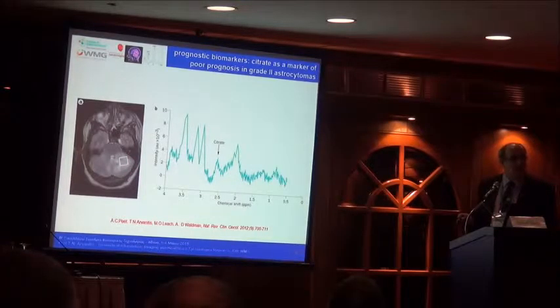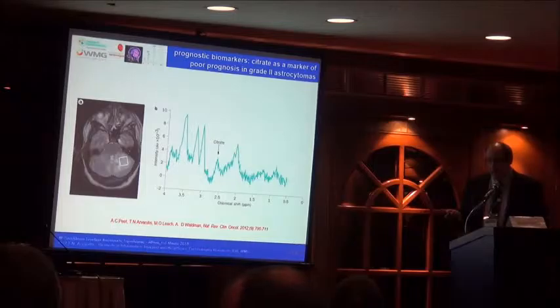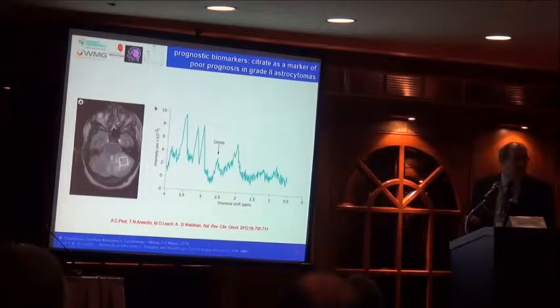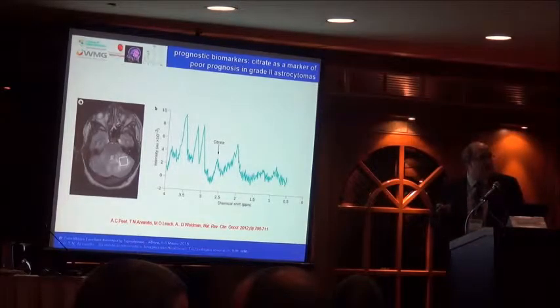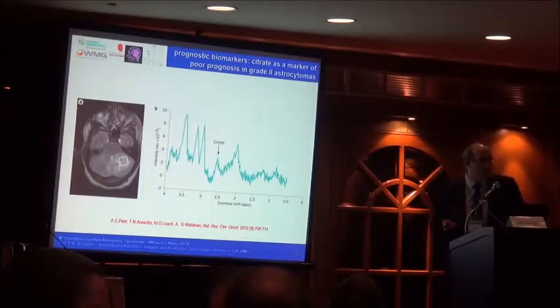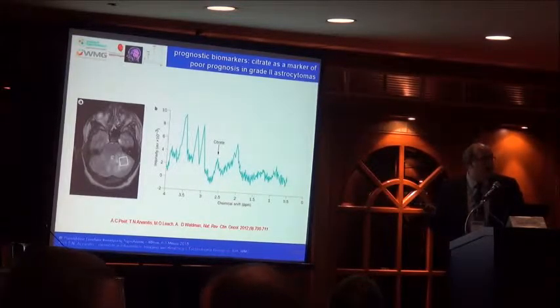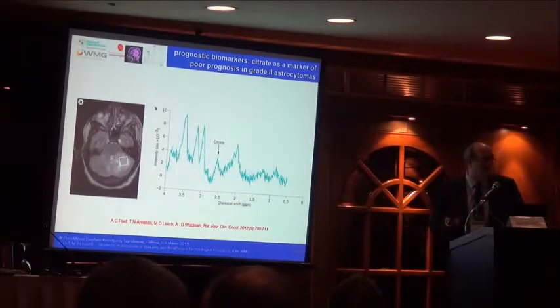Of course, not only that, we can look at the spectra, like in this case, we have a grade 2 astrocytoma. It's not such an aggressive tumor, but it can become aggressive, especially if citrate as a metabolite is increased. So the increased citrate tells us that, unfortunately, this tumor might become more aggressive and the survivability be a problem. So through this kind of functional and quantifiable information, we can have a better understanding of prognosis of the